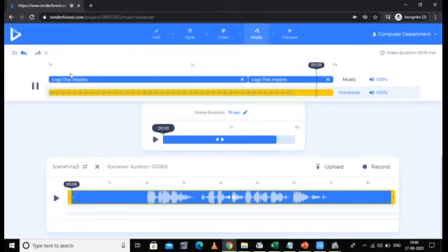Now if you feel that music portion is very loud and your voiceover is slow, you can change it by selecting this. You can select this percentage and you can scroll left or right to adjust your music part. Welcome everyone. Greetings from Snatam Dharam College, Ambala Kent. So in this way, I have added the music as well as the voiceover in my video.